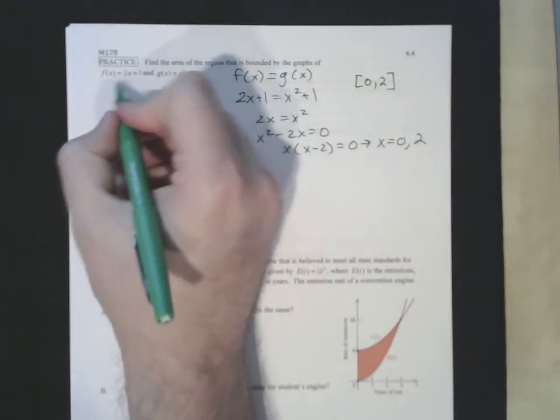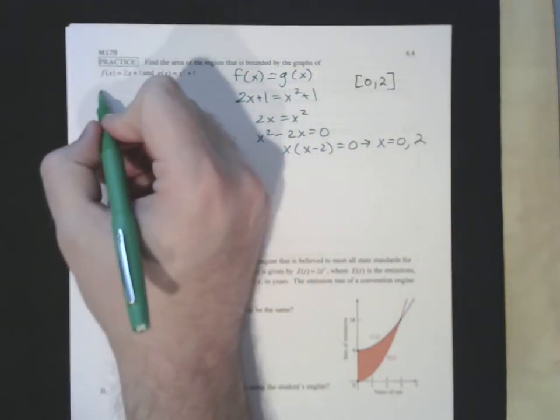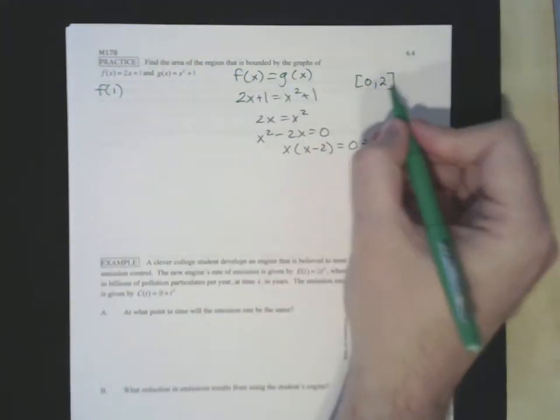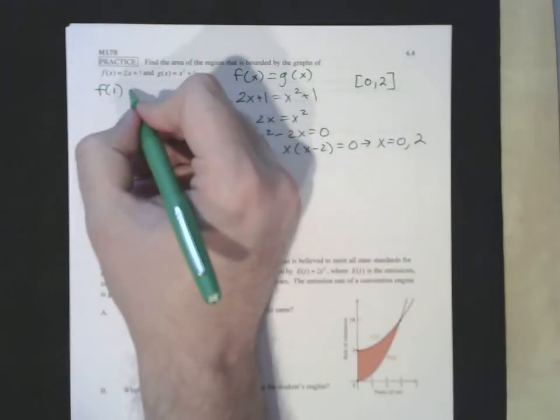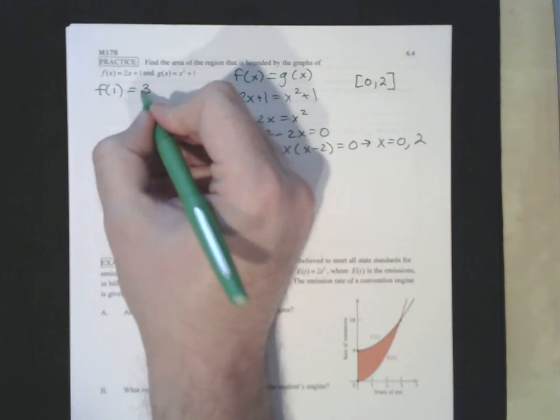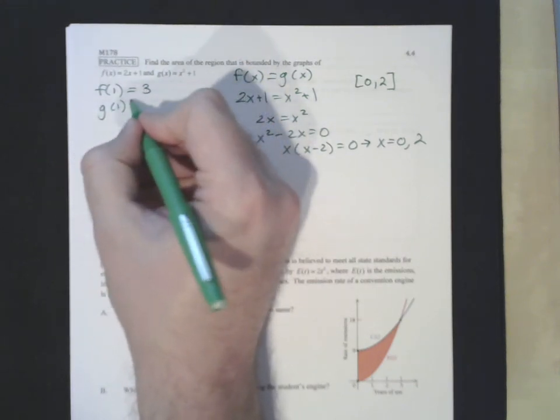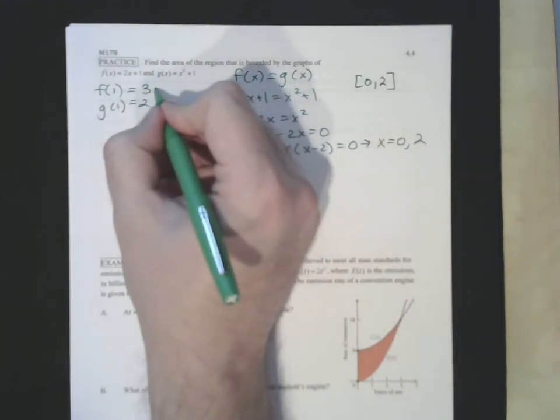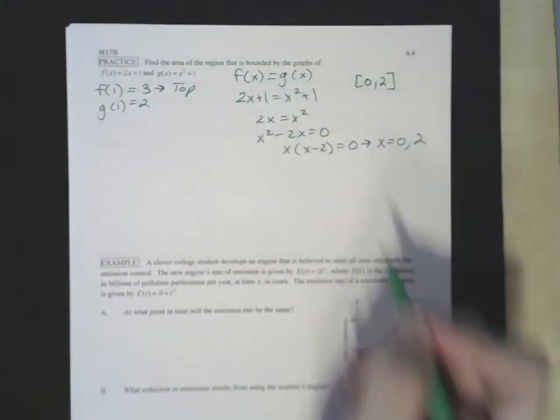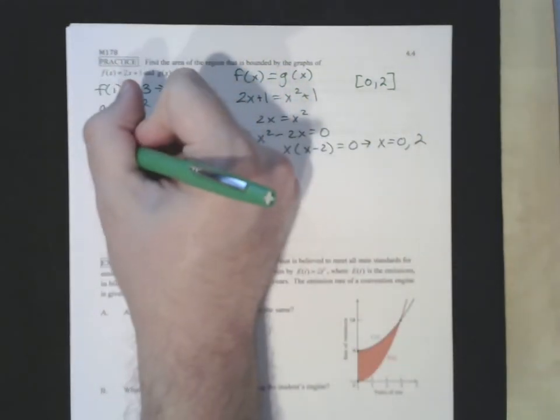Now to figure out the top, 2x and x squared plus 1, f of 1, since 1 is in between 0 and 2, is going to be 3. And g of 1 is going to equal 2. That means this is the top function, f of x. So when we set up our integral,